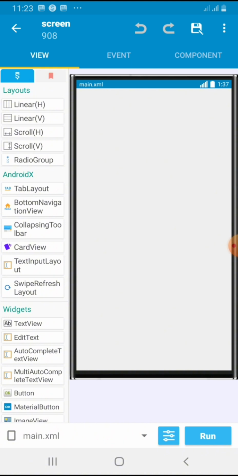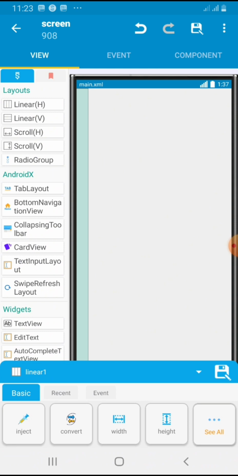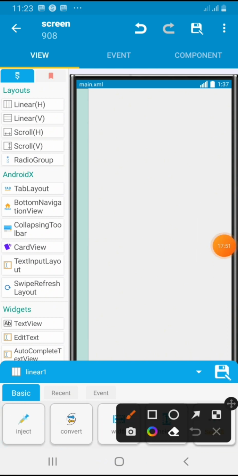Okay, remember that this app is drag and drop. You place your finger on any component here, place it on it, and then drag and drop it inside the UI. You bring it like this, you remove your hand, you see the linear vertical. Then when you come to this place,